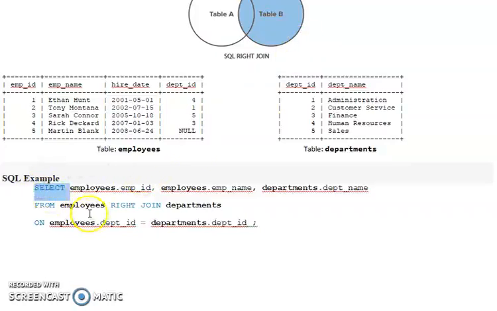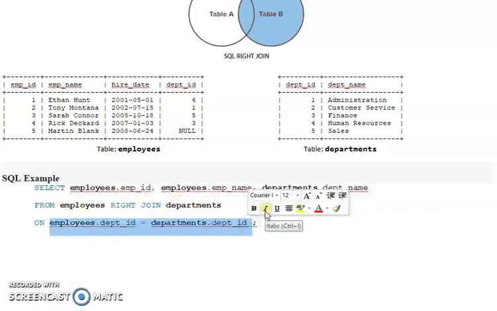In select you give the list of columns from two or more tables. Then in the from part, mention the names of the tables, mention the type of join, whether it is inner join, left join or right join, and mention the condition that will filter the output. Okay, thank you.